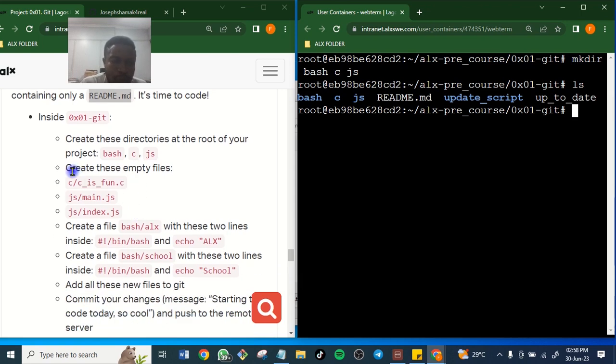So now what is the next question? Create these empty files. Create these empty files. When you create an empty file in a directory, you will not see the file, but the file is there. When you cat the file, you will see it. I've created these files before, so let me cat them and you will see that they are there. What are the files? They are files, not directories. So let me cat the file. Let me just copy it. I don't like copying and pasting.